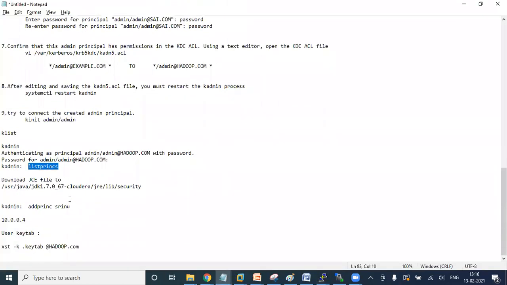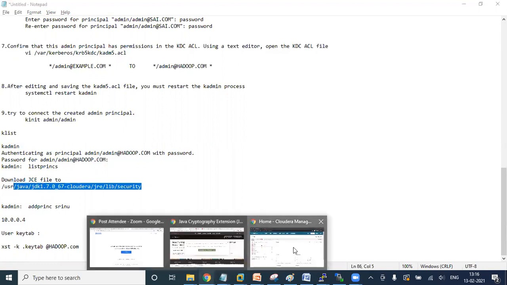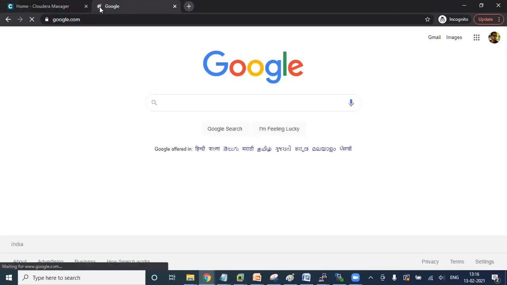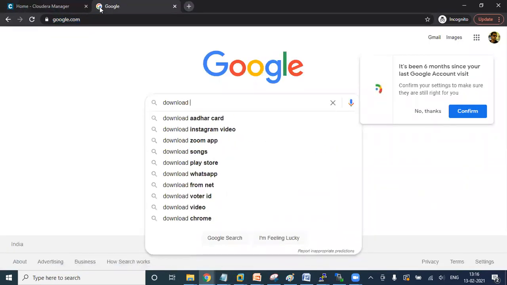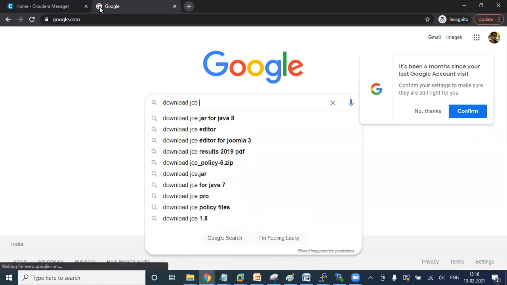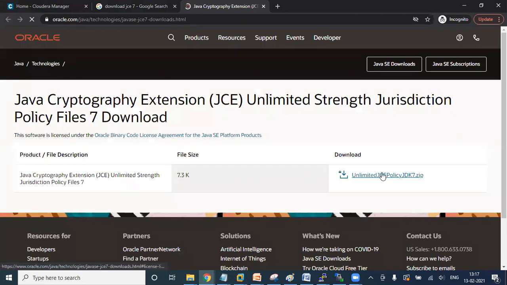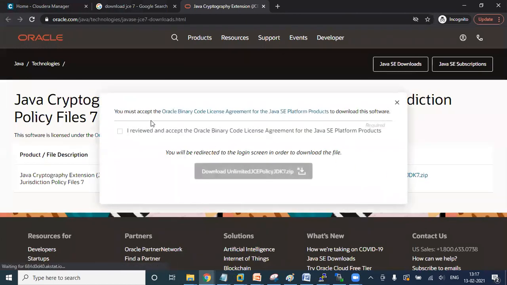Now the next step is to download the JCE file and copy it to the Java location under this directory. You can download the JCE file from here. Go to Google and download the JCE relevant to your Java version, whether Java 7 or 8. I'm using Java 7. Just right click and open here. Here you can see download. To download this, you have to accept this condition